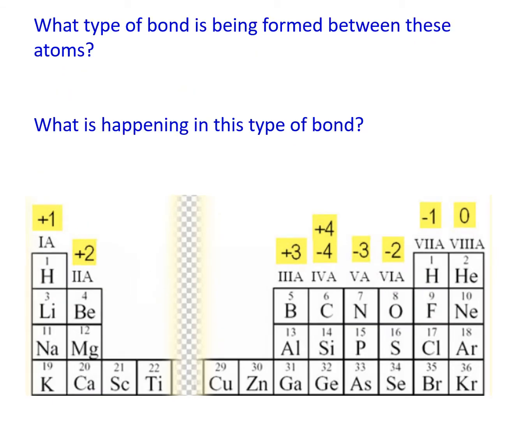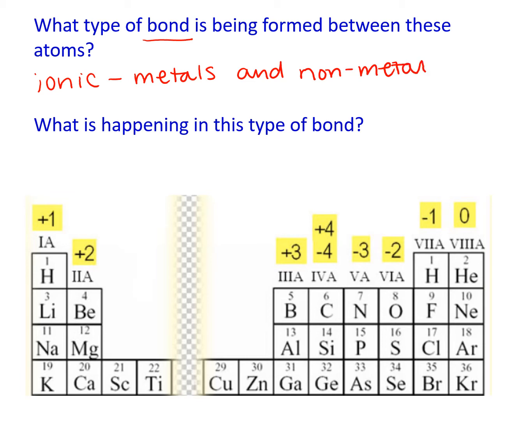So we've thrown around this word bond a couple of times in the video, but we've never quite defined what bond we're talking about between these atoms. And the bond that we're talking about is referred to as an ionic bond. And ionic bonds form between metals and nonmetals, which we should see on our shaded periodic table. We see that the metals are going to have the positively charged ions, and nonmetals are going to have negatively charged ions. And in ionic bonds, the electrons